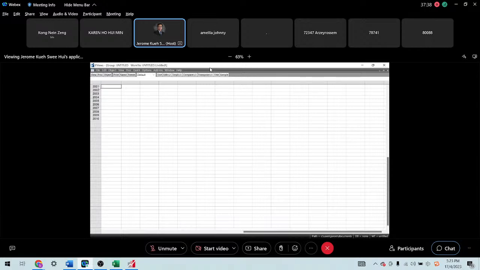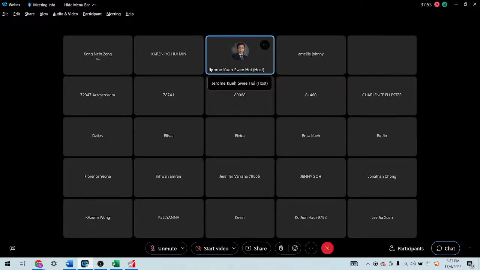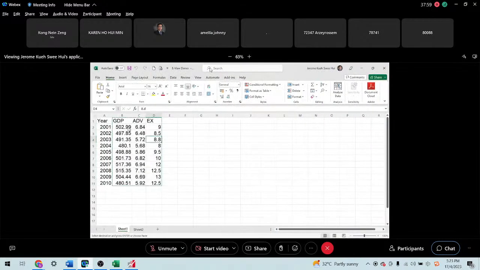So this is what you can observe from here. There's no empty space, yeah? Then you click this arrow upward, so actually there's an empty space. Then you go to your Excel to copy. In Excel, you copy the variable names and the data, excluding the year.